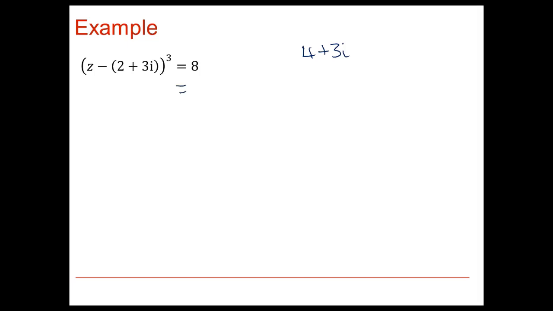First of all though, let's write this real number 8 as 8 of cos of (0 plus 2k pi) plus i sine (0 plus 2k pi),